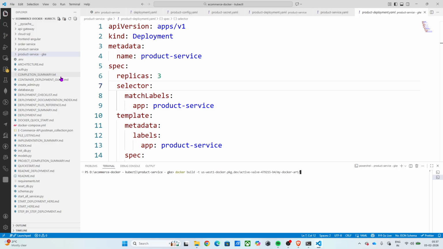The image name we can make as gke-demo, and we can make it as version 1. Okay,